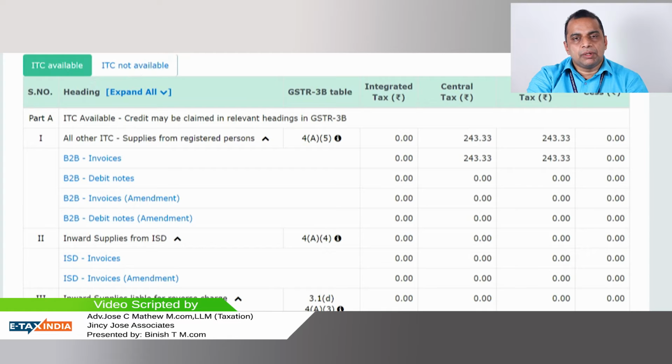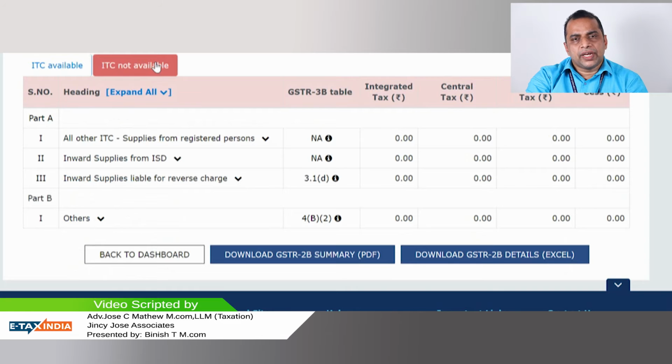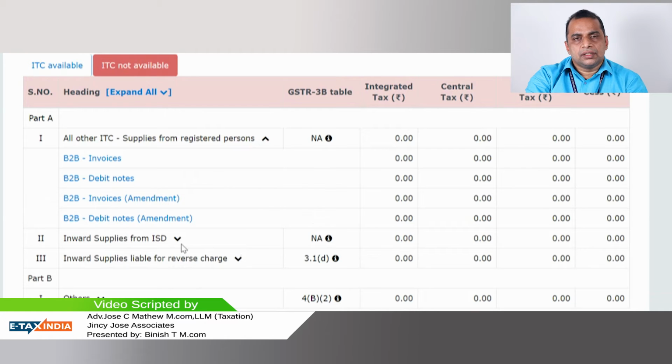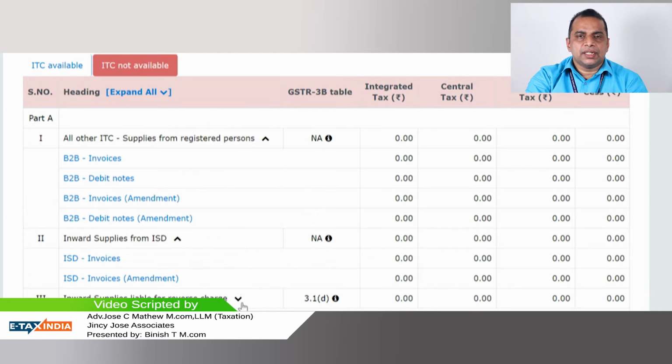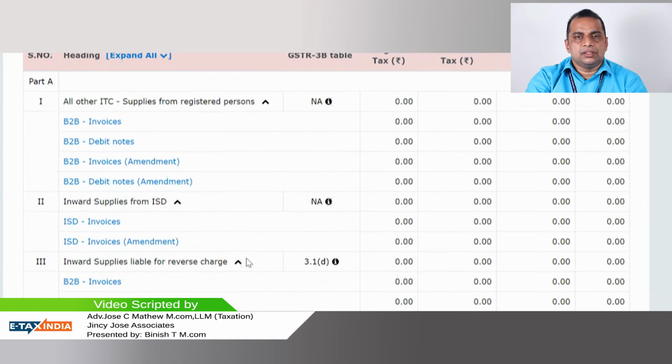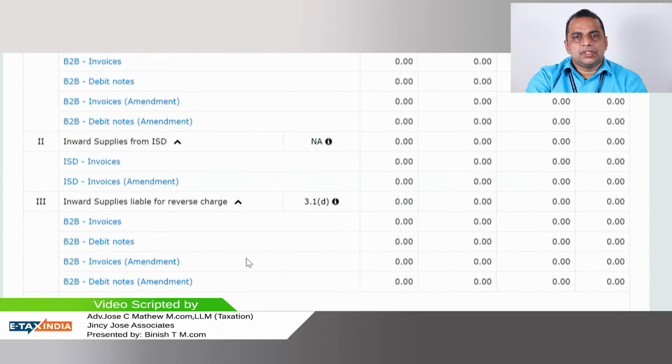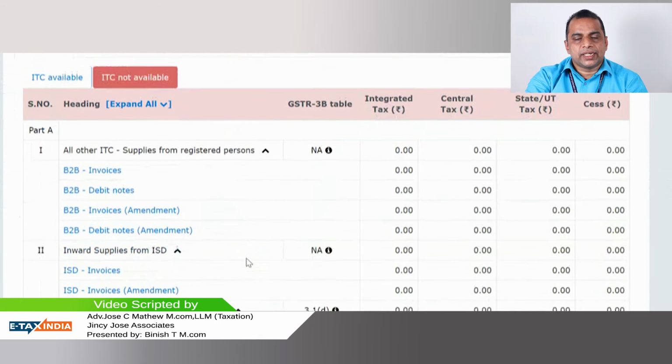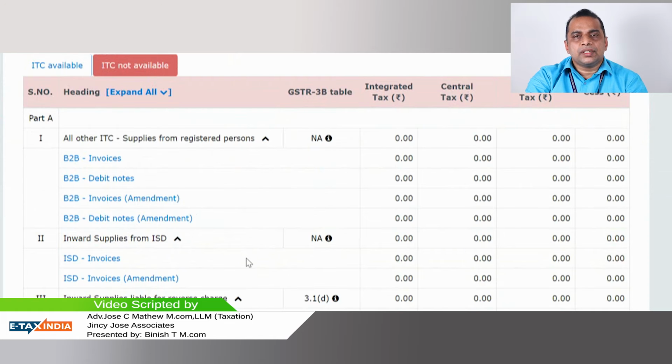So the ineligible part will be displayed here in GSTR 2B. According to the nature of your business, the portal itself will identify whether that particular transaction is eligible or not. If it's ineligible, you cannot avail ITC of the same. So we should be extra careful while checking the GSTR 2B, and accordingly, if you are filing your GSTR 3B every month after checking GSTR 2B, the advantage is that you will not be claiming too much ITC beyond the limit. You will not be claiming ITC in which you are not eligible.